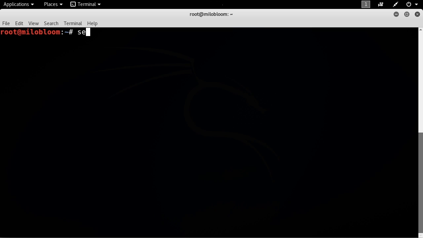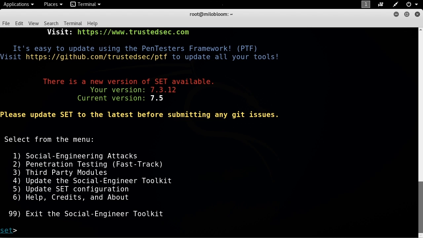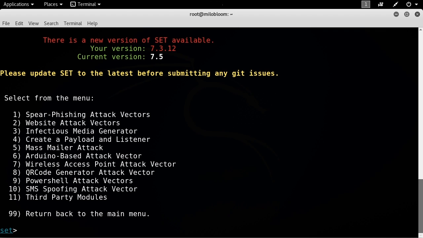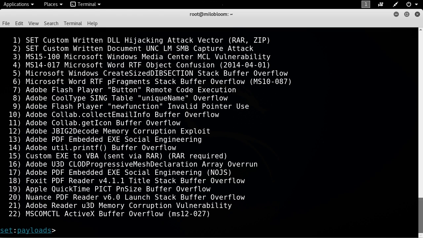Earlier on, we had talked about doing social engineering, and we can do social engineering using the SE Toolkit. SE Toolkit, similar to Armitage, sits on top of Metasploit and it uses Metasploit modules in order to function. So I could do things like social engineering attacks, and let's just say we're going to do a spear phishing attack. We're going to do a mass email attack,